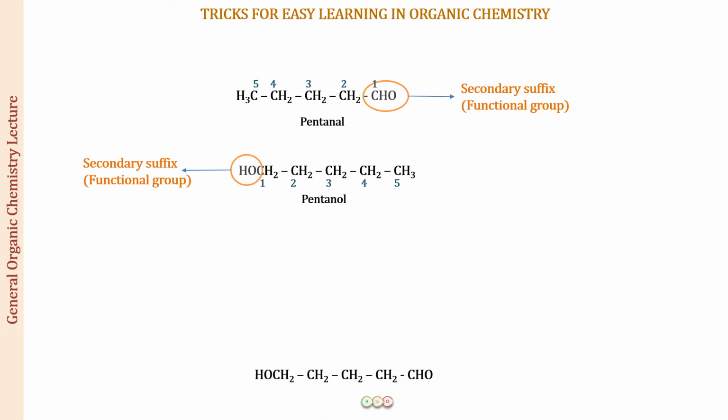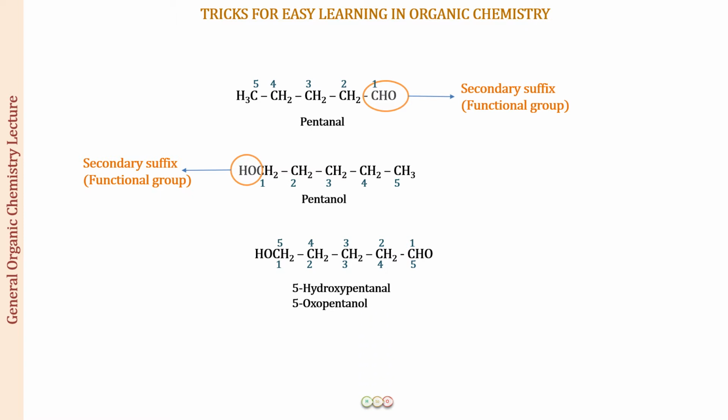Now, the thing comes when we have a compound where we have the OH group also present in the compound and also the CHO group. So, there are two functional groups. Where should we start the numbering from? Do we start the numbering from the aldehyde carbon, or do we start the numbering from the carbon which is having the OH group, right? So, there are two ways in which you can number this.